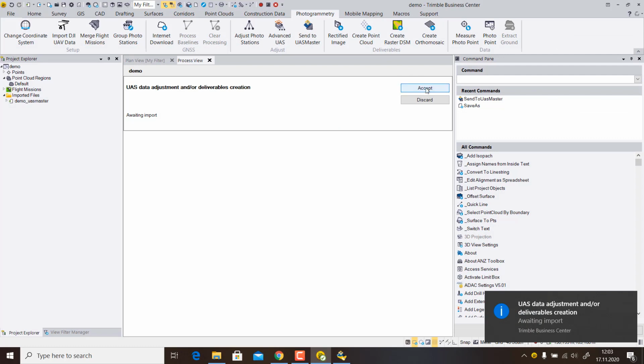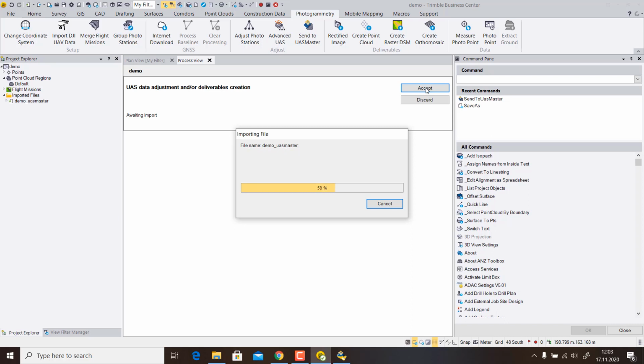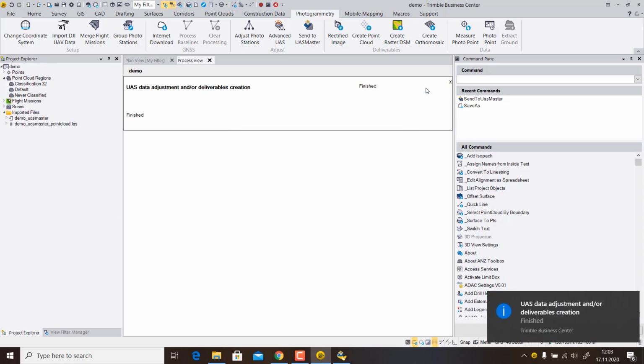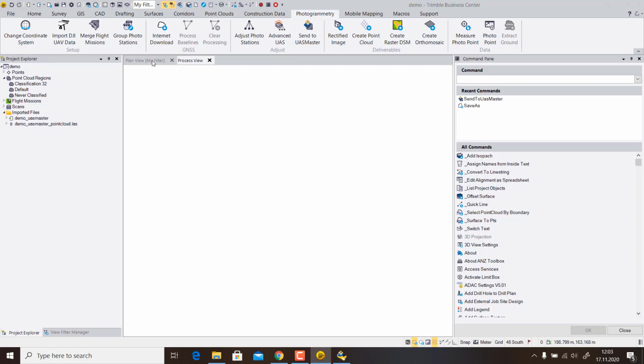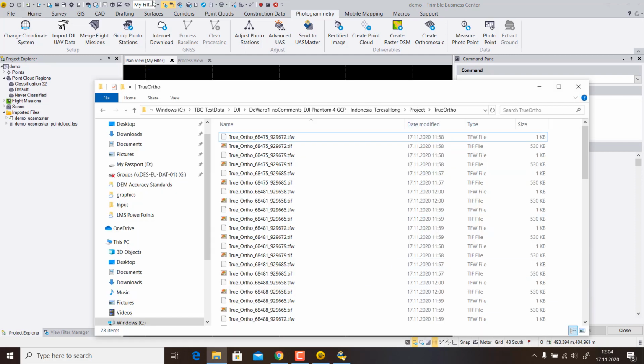Say send to. TBC is awaiting the data. We say yes, get the data, and then when the preparation is done and the import has happened, it's finished and done, and then we have the point cloud in TBC included,